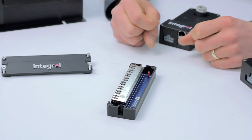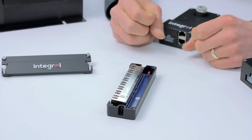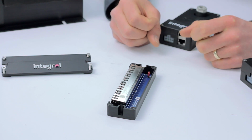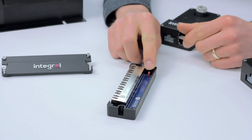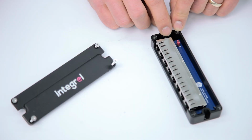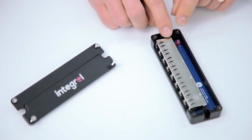As with any CAN network, there needs to be 2 terminating resistors in the system, no more and preferably no less. This is the location of one of our terminating resistors in our junction box. If you have a large system with more than one screen interface board or more than one junction box, you will need to ensure that the total number of terminating resistors is 2, so you may need to remove one